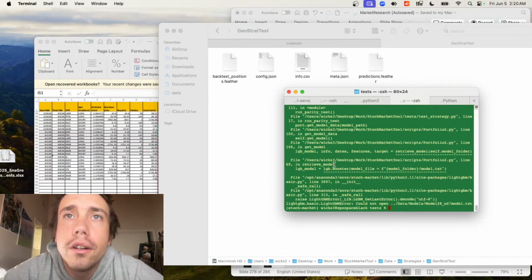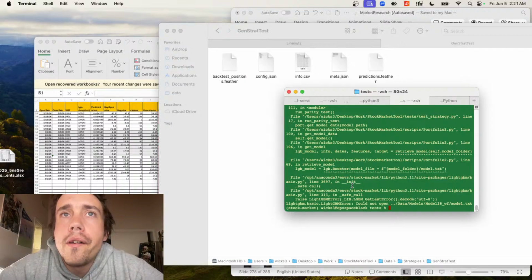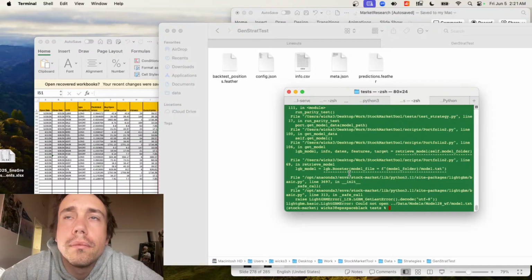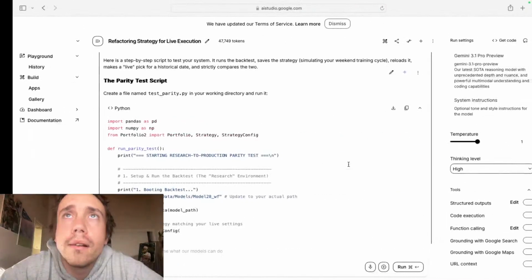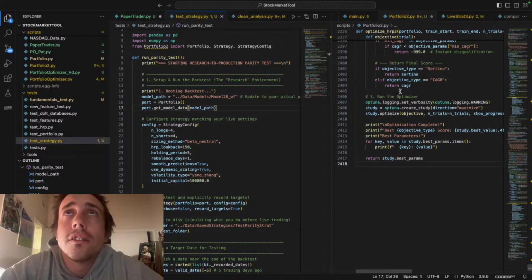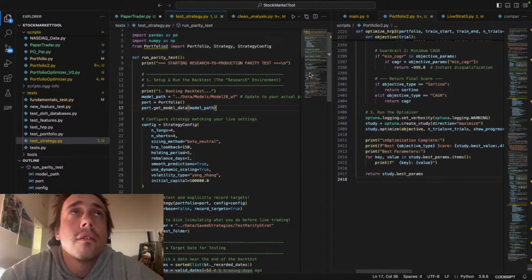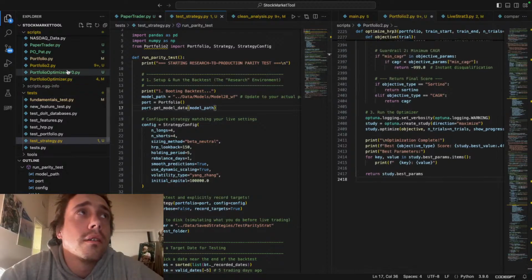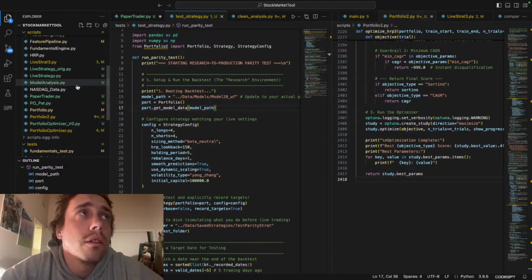So where's the error? So in Portfolio Explorer,